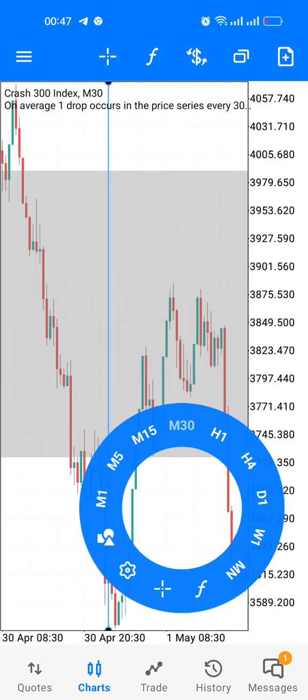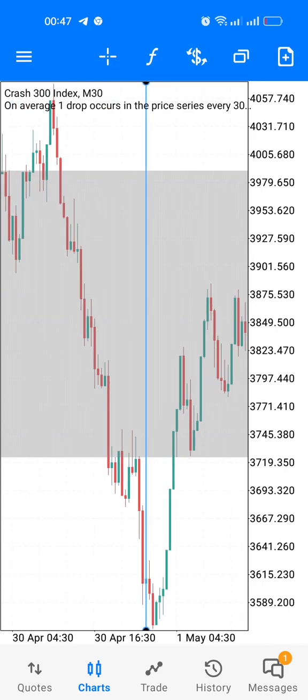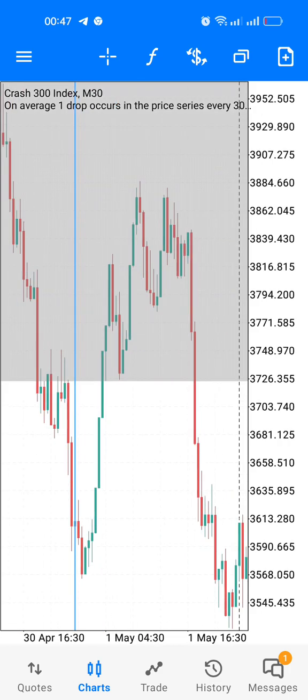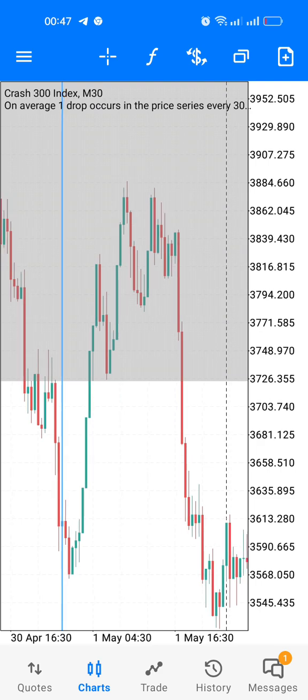It came back here into the zone, as you can see. What did it do? It created a setup. It created a rally, a drop, and then it created a